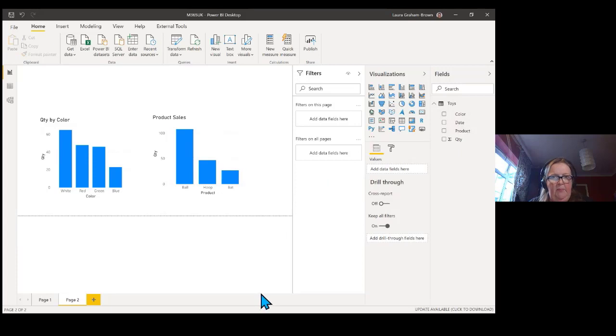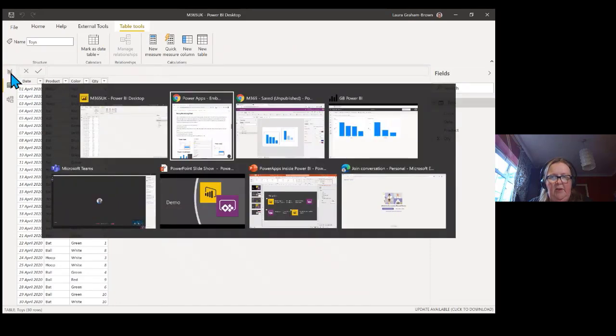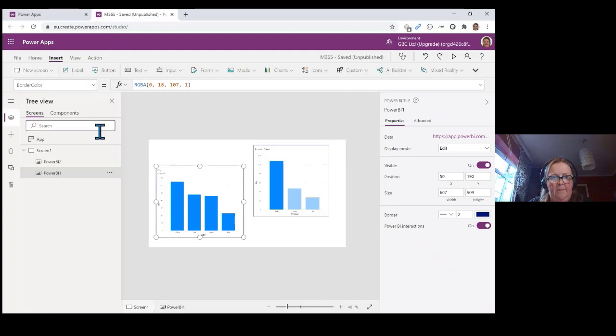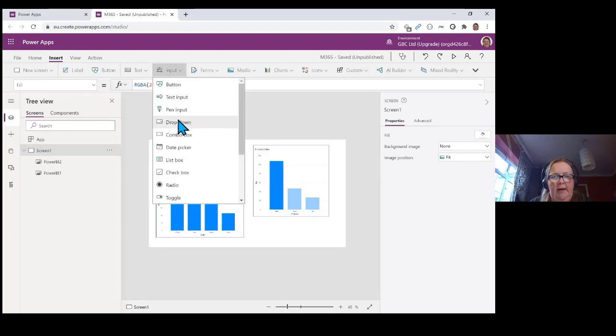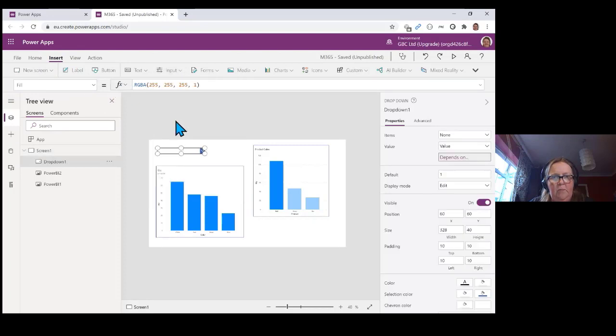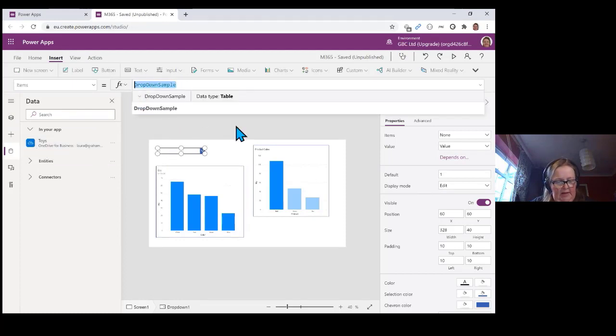So back into my app. Let's check what colors I've got. Okay, I can see that. I think I've already got data loaded in my app anyway. So what I'm going to do is put in a drop down. So let's go for input and a drop down. And if I look under my data, I've already got toys as a connection in here. So actually what I'm going to put in here is distinct, which will give me the unique values